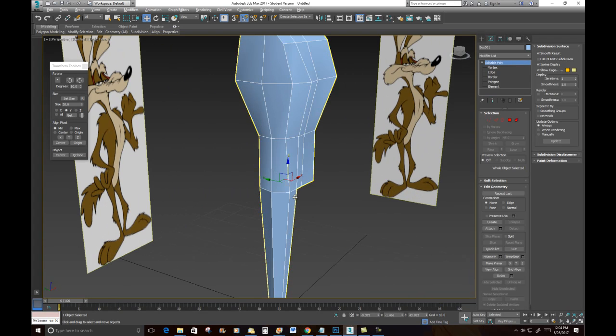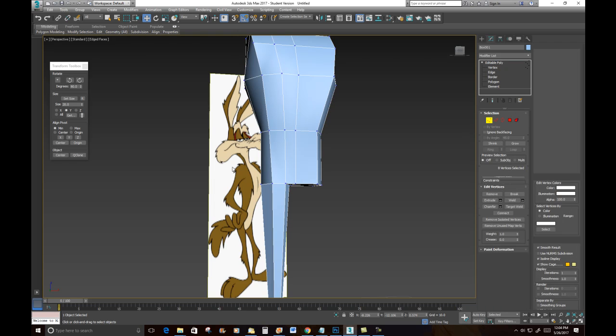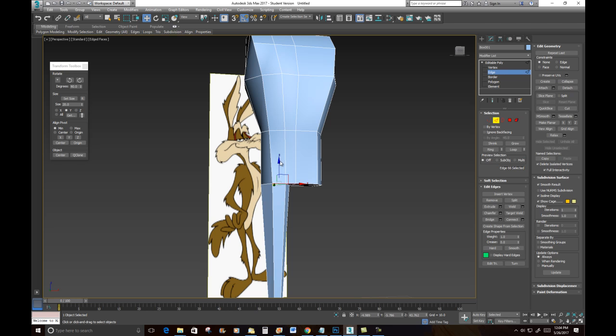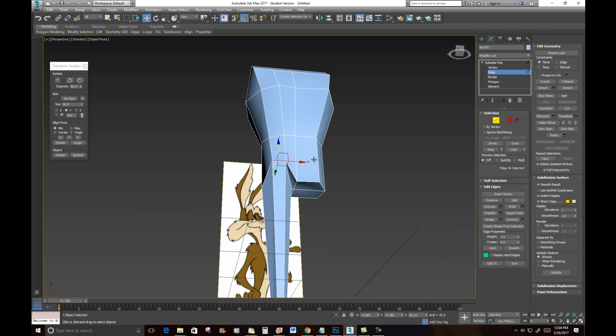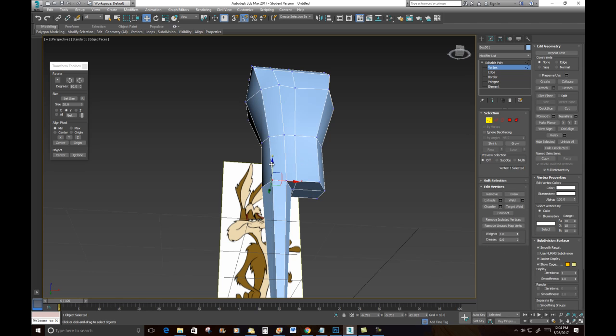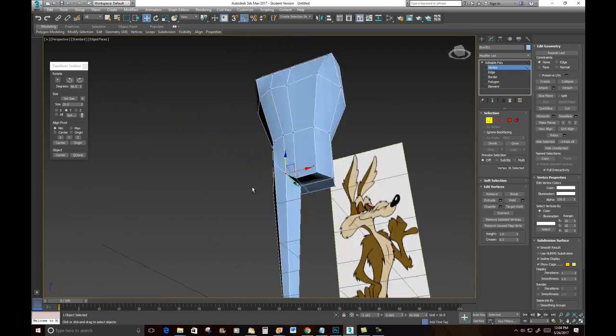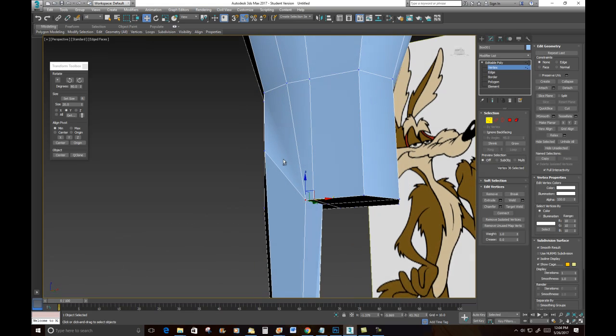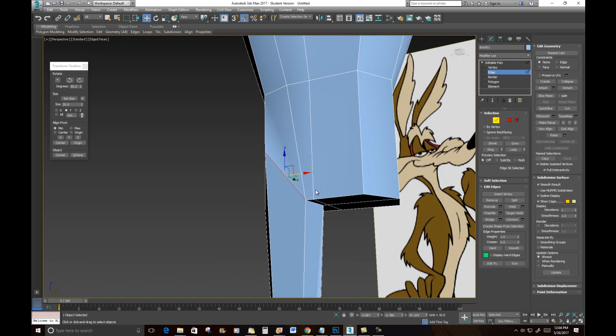Okay, so we're back. And what I'm going to do first is I'm going to take these edges. Well, I can just grab this whole edge right here and move it up. So I'm going to bring it up about right to there. Well, maybe I don't want that whole edge. Let's do this again. We'll just grab this one and that vertex rather. I bring that one up maybe slightly. Still not liking that. I'm going to bring this in a little bit. And this whole line could come up just a tad,